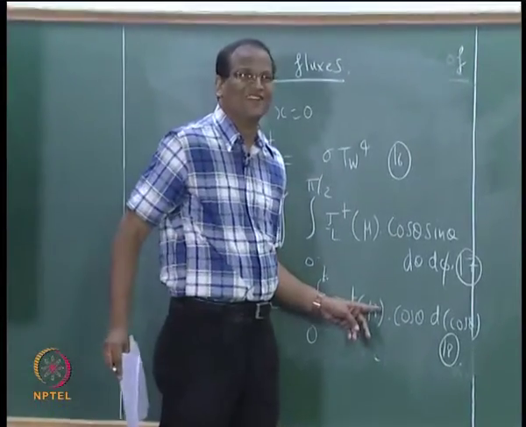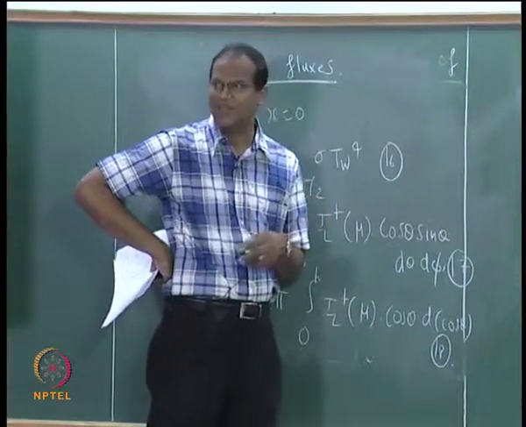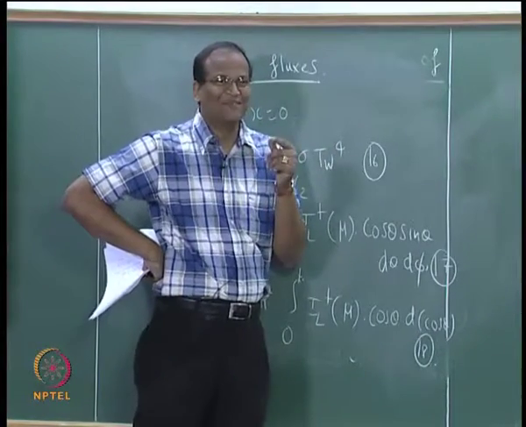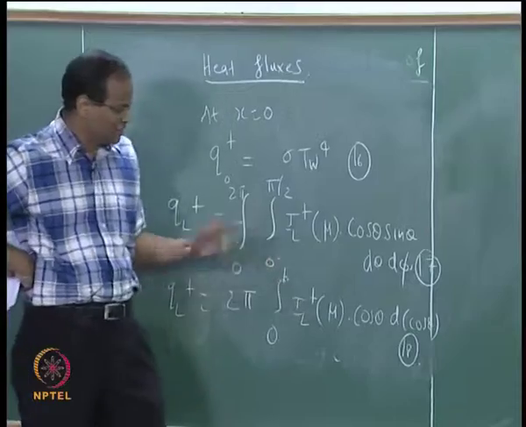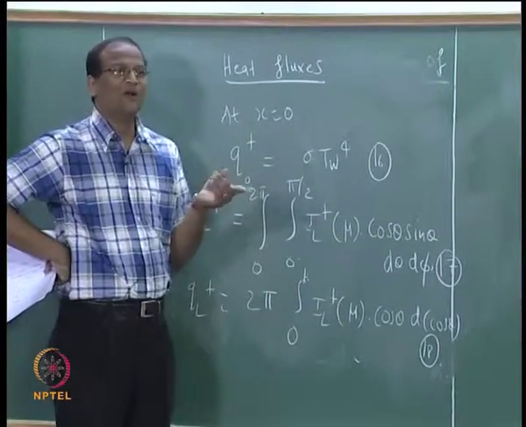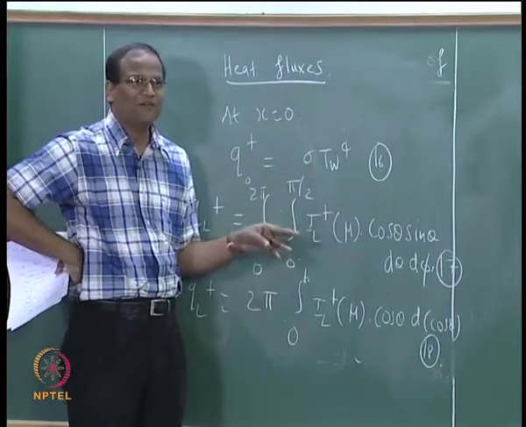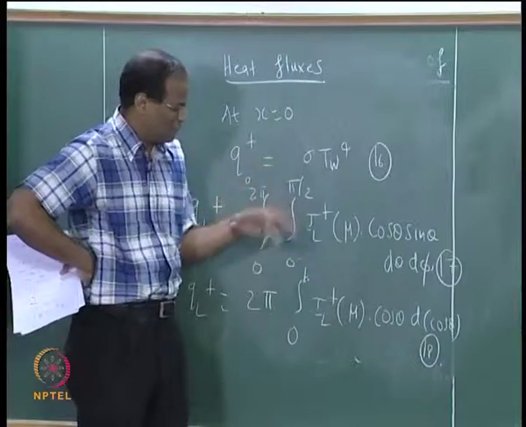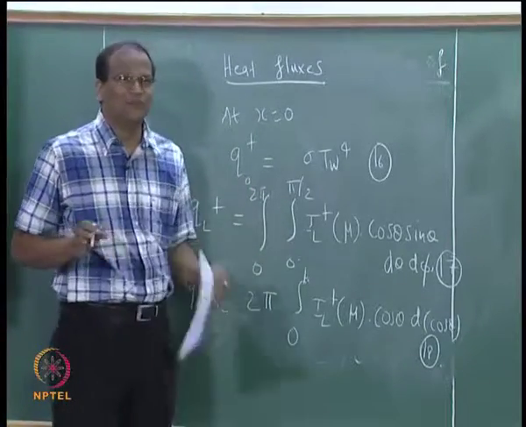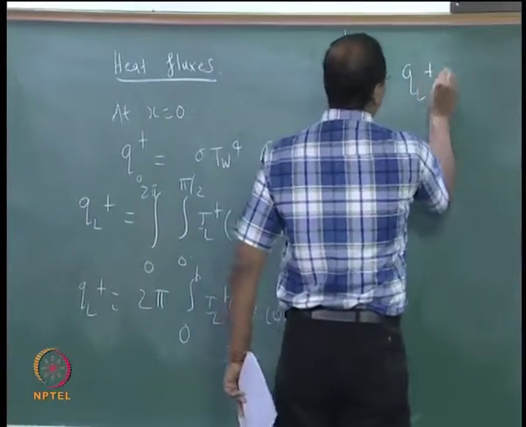Several things have gone into this, correct. The sin theta, only 2 things. The sin theta was taken as minus of d of cos theta, therefore the limits were changed. Instead of 0 to pi by 2, we swapped to pi by 2 to 0, and because it was cos theta instead of theta, we changed it to 0 to 1, and we swapped again and took care of the minus. Now instead of d of cos theta I can put it as d of mu. Okay, therefore QL plus equal to